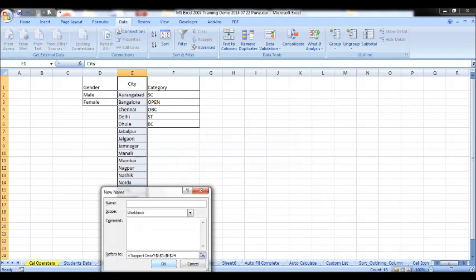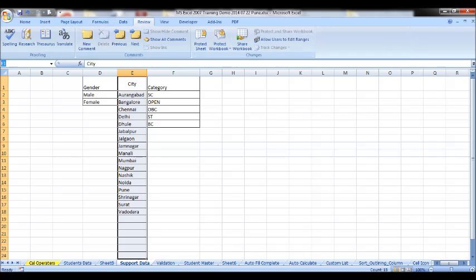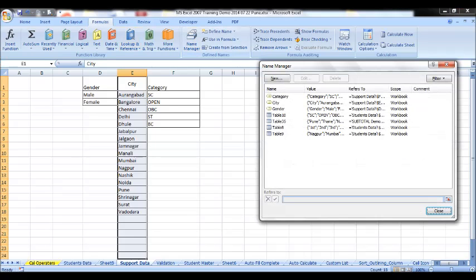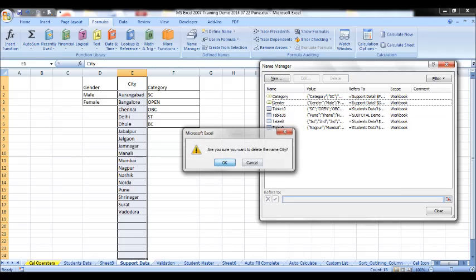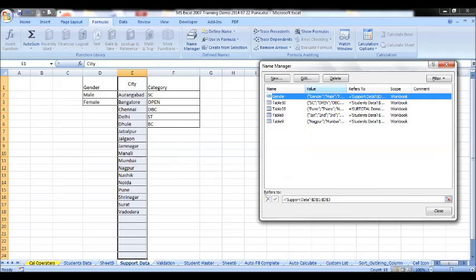Since it already exists, it will not work. City is already there. So we will have to remove the city. How to remove it? Go to formulas, name manager, remove city from here, category from here, gender from here.